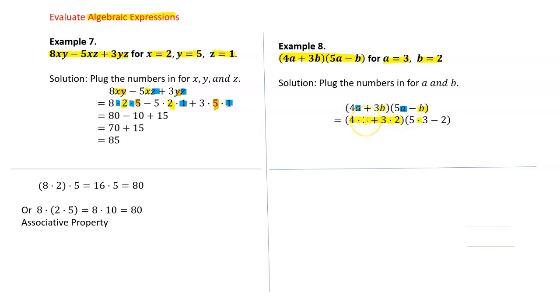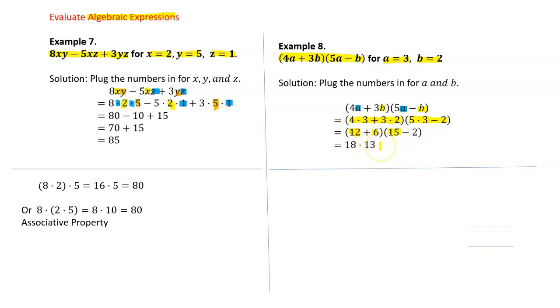4 times 3, 12. 3 times 2, 6. So we have 12 plus 6. And if you can do that in your head, 12 plus 6 is 18. You can go ahead and do that, or you can slow down. And same thing here, I'm going to work this multiplication out in the second pair of parentheses, which gives me 15 minus 2. So I slow down. I did the multiplication, 12 plus 6, and I did 5 times 3, which gives me 15. And now I am going to do the addition and subtraction in each pair of parentheses, which gives me 18